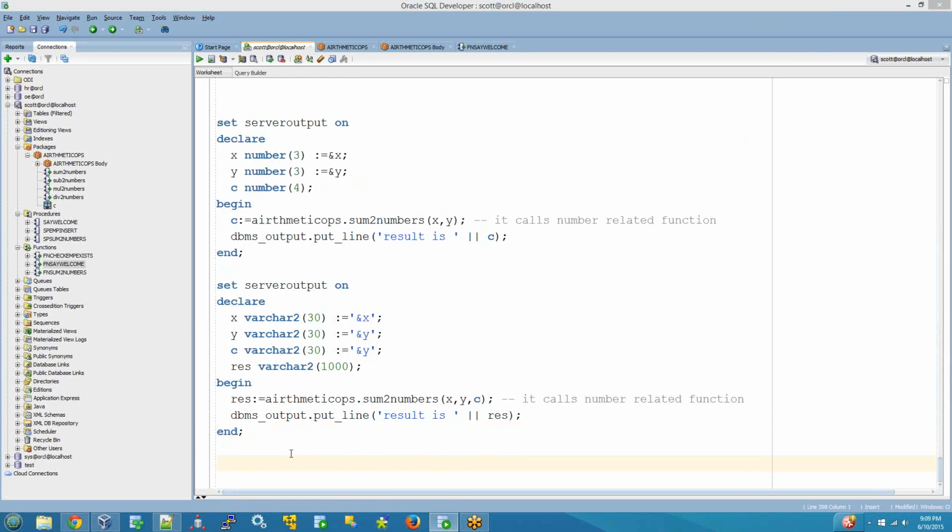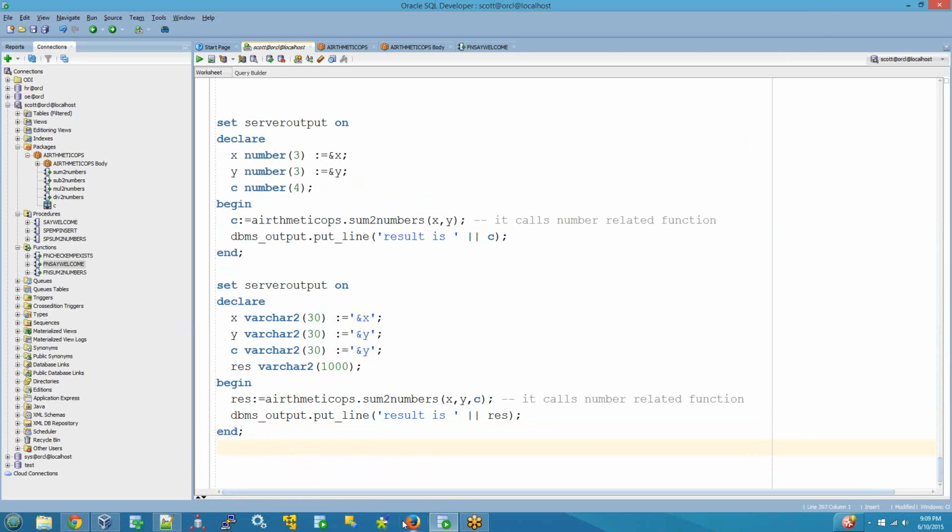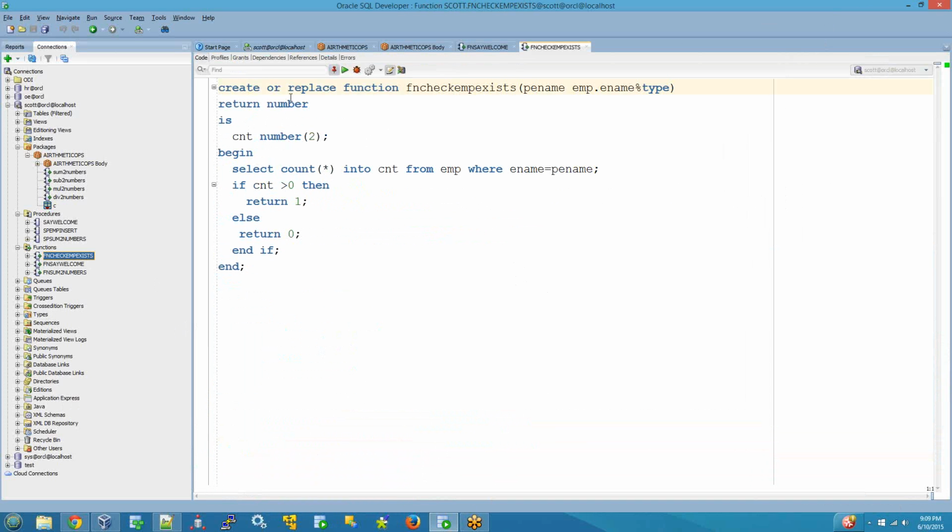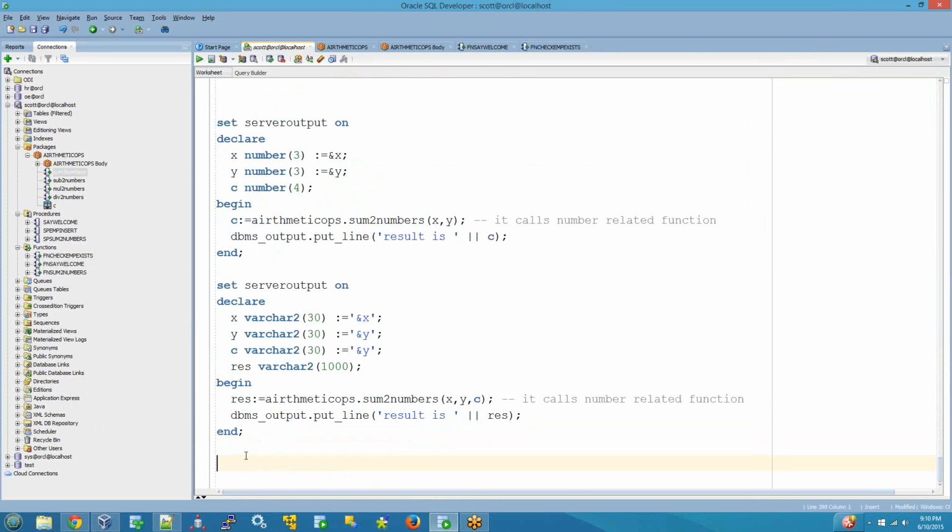Okay, so now what is the difference? See here, I can create a function with create or replace. I can also create a function inside a package. So what is the difference? So that means a procedure or function can be created. Procedure or function. One more point: a function can be created